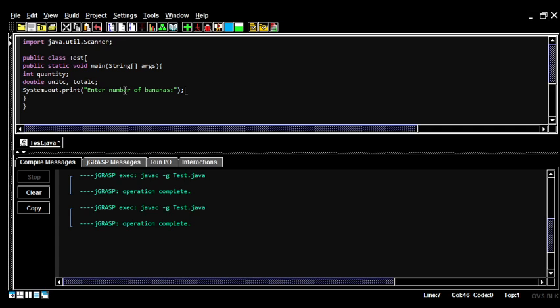And then put a space for visual effects, and then we're going to go to the next line in the code and say that quantity is equal to